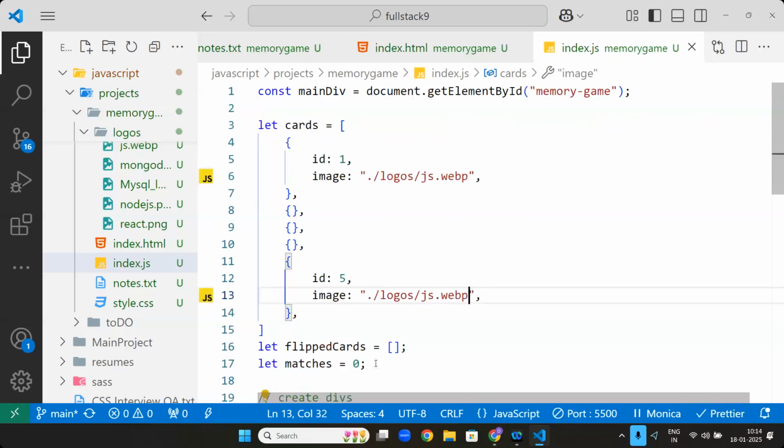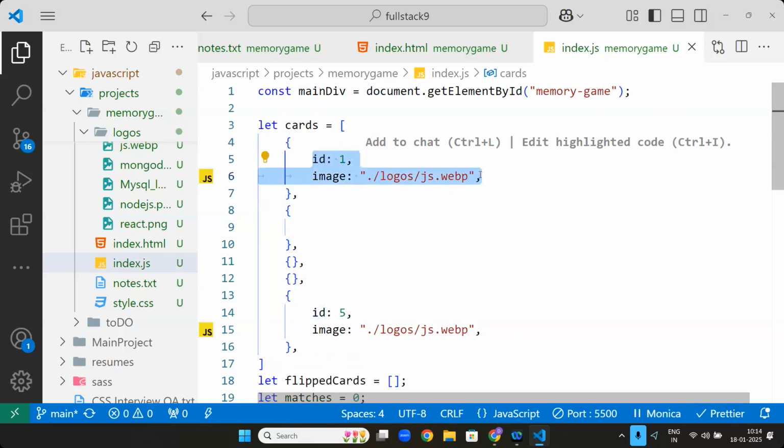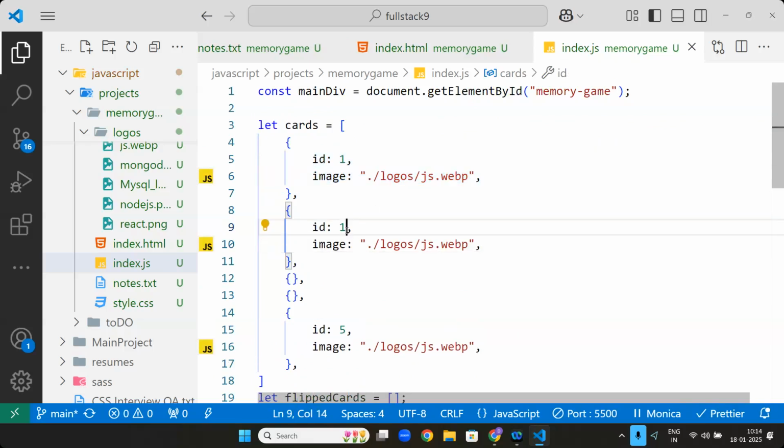Control C, Control V. Now, next one. Copy, paste, ID 2, and here logos,